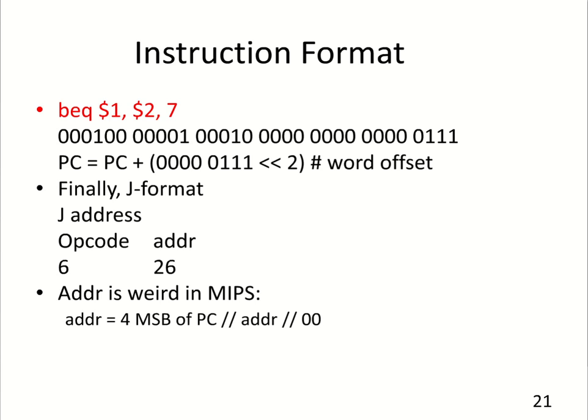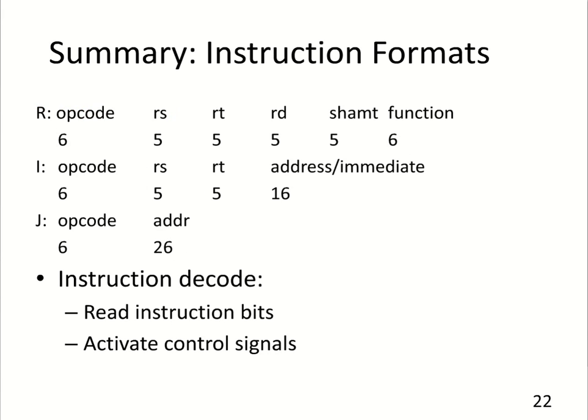so the lower order 2 bits will always be 0, so there's no reason to actually encode them into the instruction word. And then the 26 bits of the address that are shown here are not quite the full 32 bits, so we're going to then grab the missing 4 bits from the most significant bits of the current PC value. So this allows us to jump around a very, very large address space, but not quite the full 32-bit address space of this instruction set. Briefly summarizing the available instruction formats, we have the R format, the I format, and the J format. All specify a 6-bit opcode with an additional function specifier for the R format. And in the I format, instead of specifying 3 registers, you only specify 2 registers plus a 16-bit immediate. And in the J form, you simply use all 26 remaining bits after the opcode to specify the target address